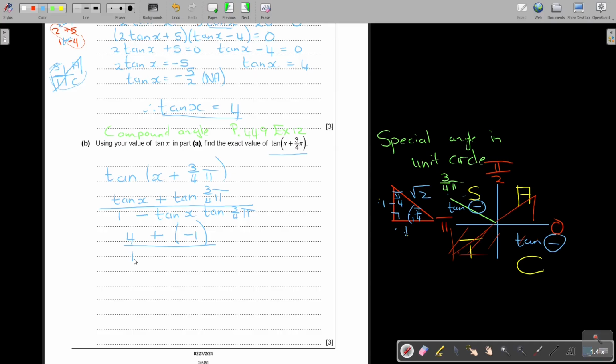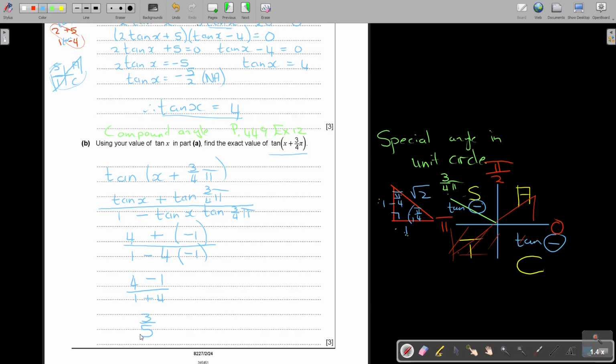Okay, so 1 minus, and then this is again 4, and again it's 3/4, so it's again -1. So I'm going to just end up by saying 4 plus, or 4 minus 1, let's rather take it directly. So 4 minus 1, and this is 1 plus 4, and so 4 minus 1 is 3, 1 plus 4 is equal to 5. So the final answer is 3/5.